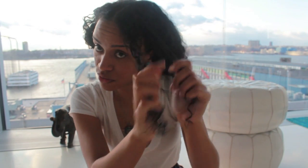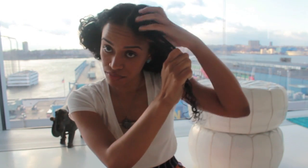Ooh, see, I had a little knot there. So when you hit a knot, just slowly separate it. See, if I had a comb, the comb would have just ripped right through that knot. But now I was able to save that hair because my finger felt it and just separated the strands. So look,